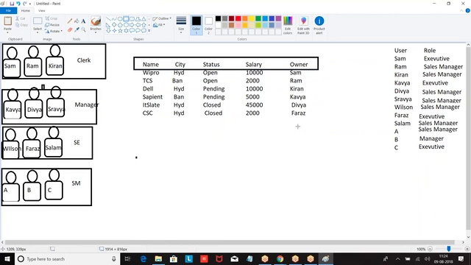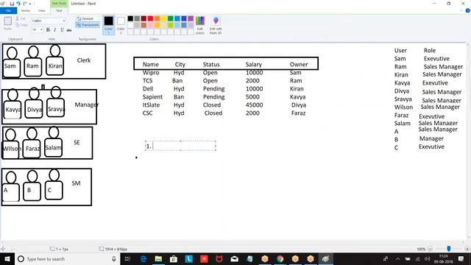Right, boss? Now, what is my requirement? My requirement is the records which are created by the executive, only those executives should see the record. Only the records which are created by the executive, they should see the records, others should not see. This is the first requirement.